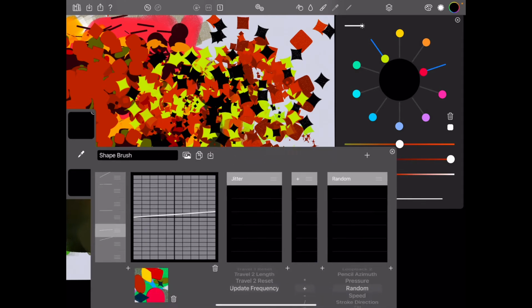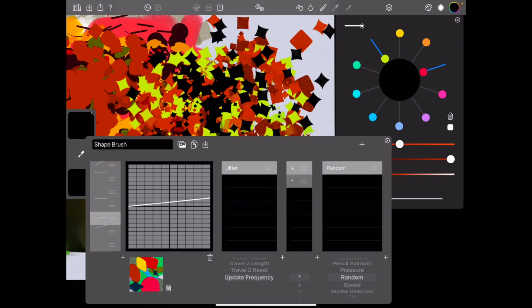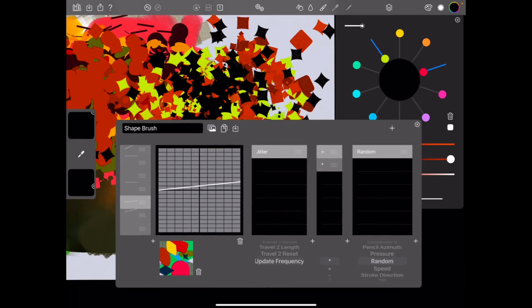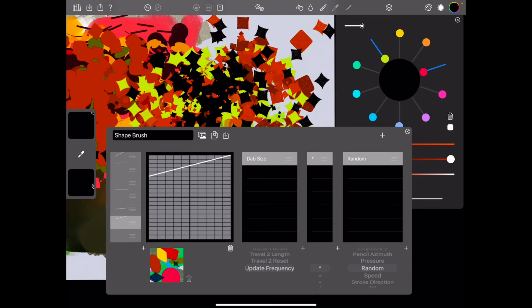So by multiplying it as well, essentially it's like I'm adding a small amount to it, and then I'm also multiplying it by the same small amount, so it's like a double effect to make it even smaller, but still something. Let's see, dab size also randomized,